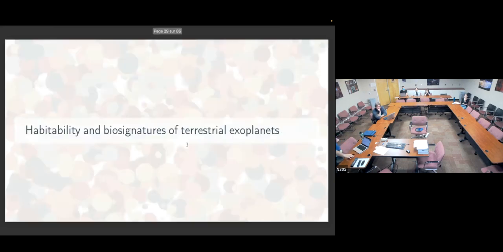Okay, I'll try to be quick now. I will just say a word about this other project that we have worked on, terrestrial planets. I focused more on Enceladus for these examples because we have a well-established publication record in that matter, but this is more still work in progress.